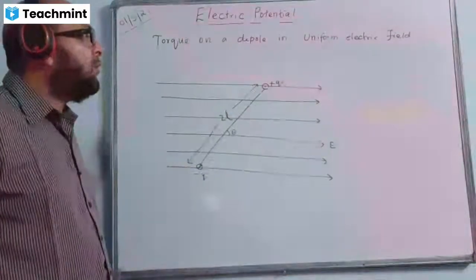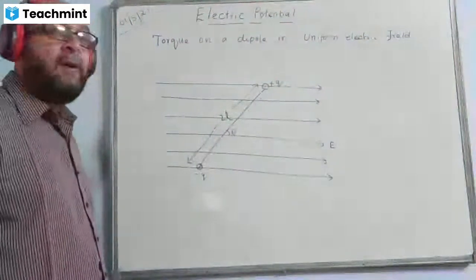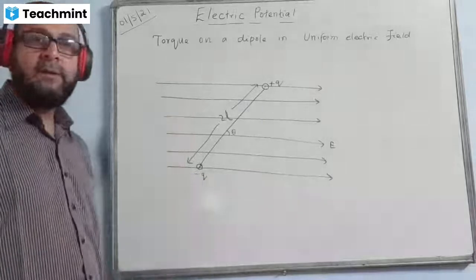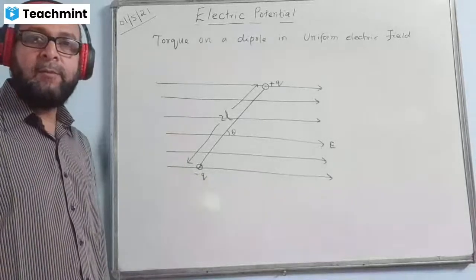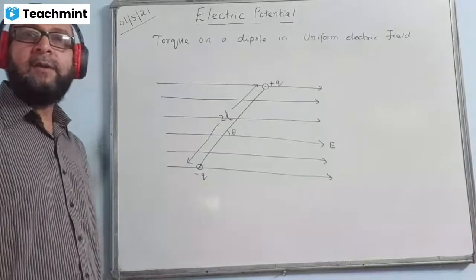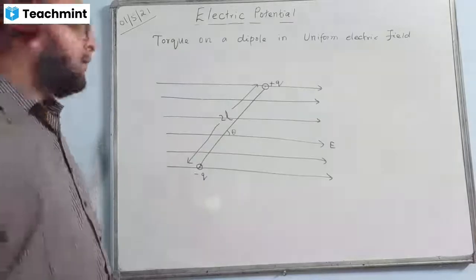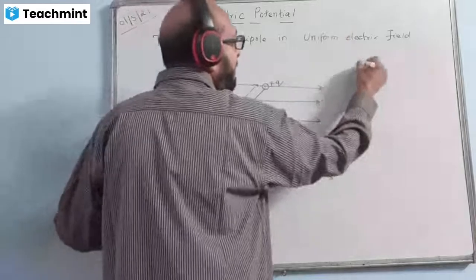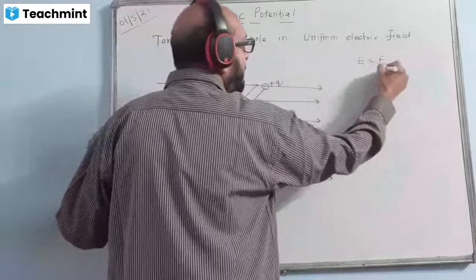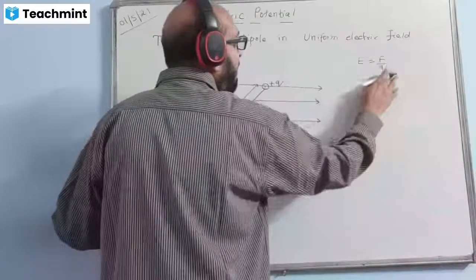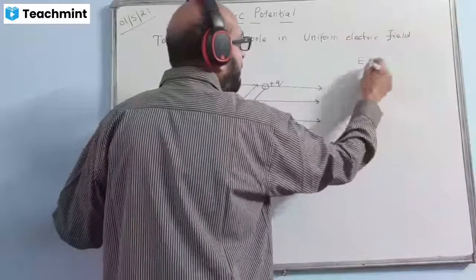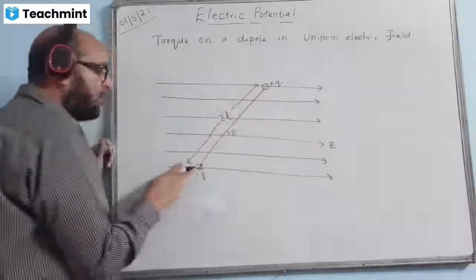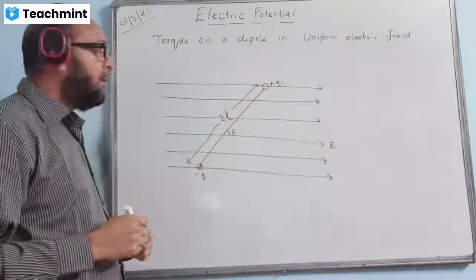Okay. Now, why will there be a torque? Torque means turning effect. Why will there be a turning effect in this dipole? We'll see that and we'll measure the value of torque. We know the electric field formula, E equals F by Q naught. Therefore F will be equal to QE; cross multiplying, the value of F becomes QE. Here the force acting will be QE, here also the force acting will be QE.